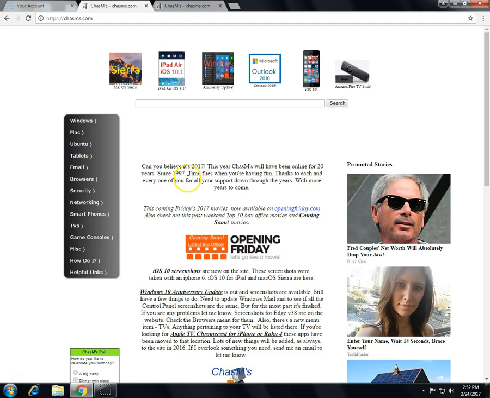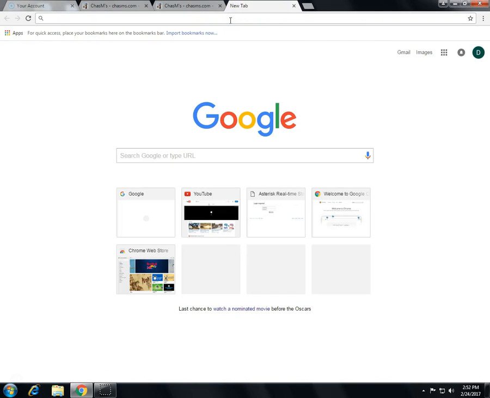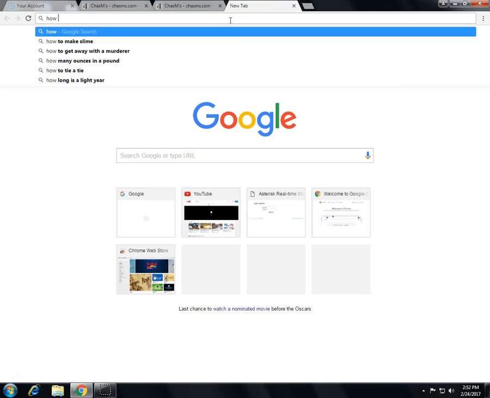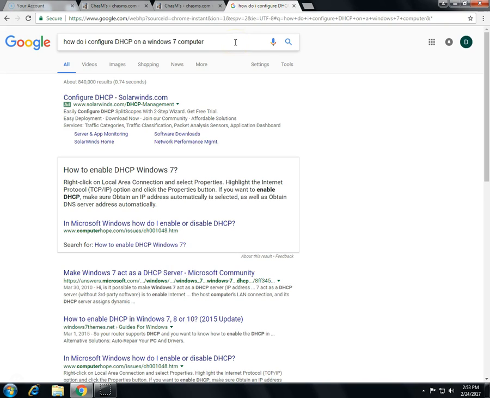So right here, let me pull this up. We're going to go here into Chasms. First of all, I really want you guys to get in the habit of Googling things. So we're going to show you how to set up DHCP on a Windows computer. So I will ask Google, how do I set up DHCP on a Windows 7 computer? So yeah, it just took a little bit of digging around,